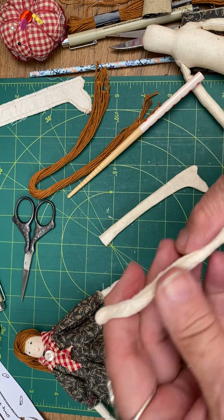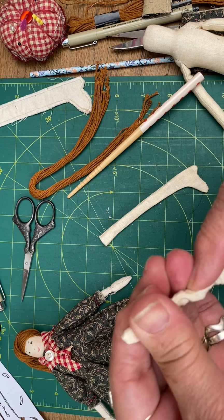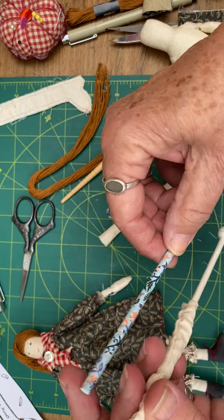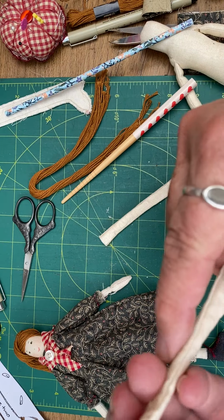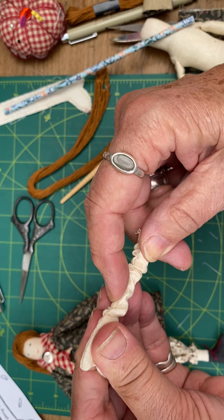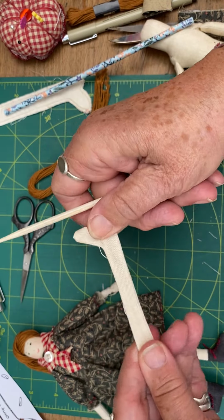So a straw is really handy, so just always keep an eye on the straws. I've got a paper straw here, which is very pretty and lovely, but it just does collapse a bit. But you might want to keep a plastic straw just for this occasion. So just poke out all the little bits, and then you can stuff those